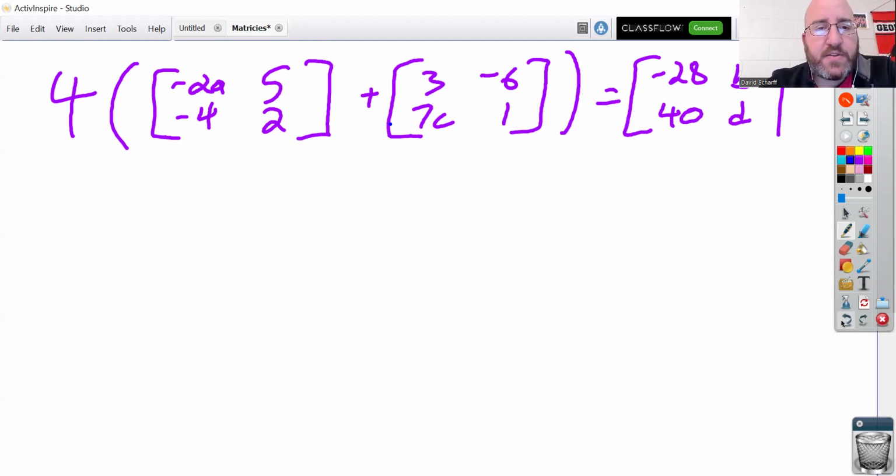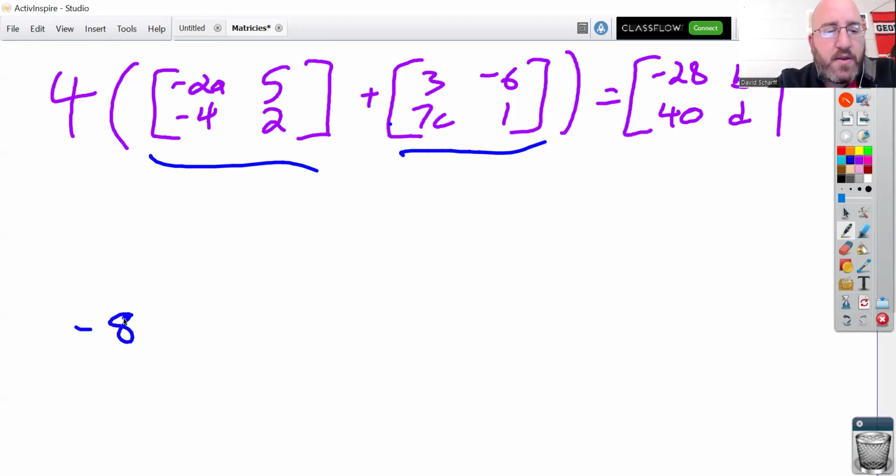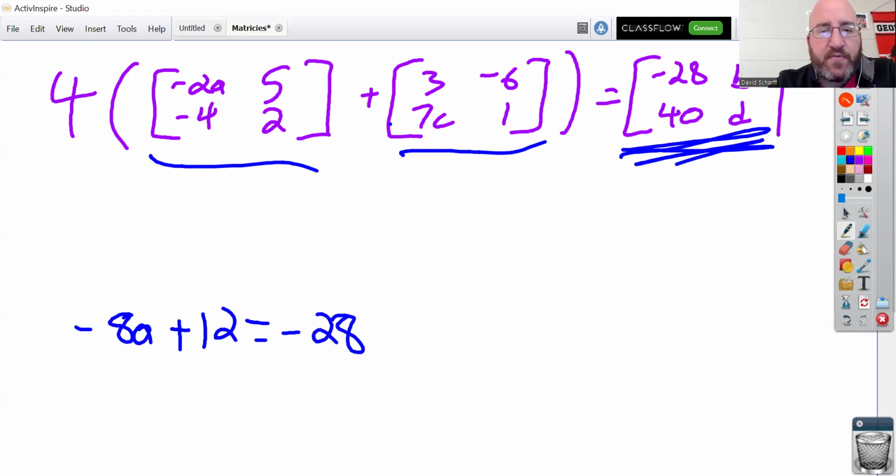So since this 4 is outside those parentheses, really what you're doing is multiplying 4 to both of these. And again, you could do this like we just did. 4 times -2A is -8A, plus 4 times 3 is 12, equals top left -28. So this one isn't touched by the 4 because it's on the other side of the equal sign. So you can do that one step at a time, but